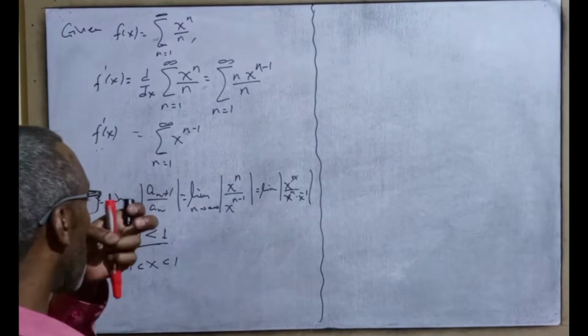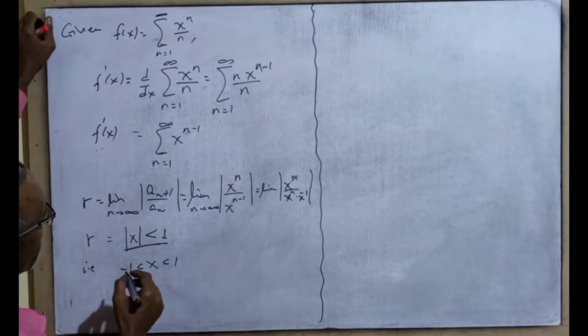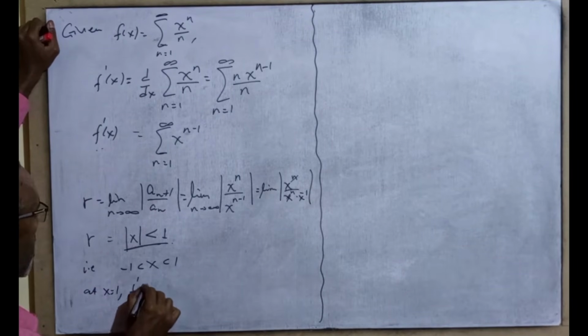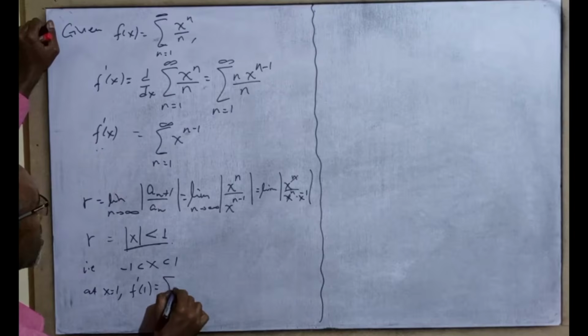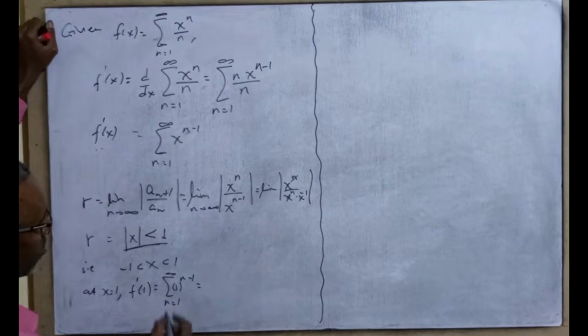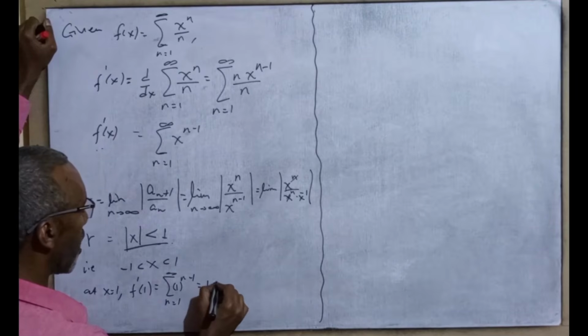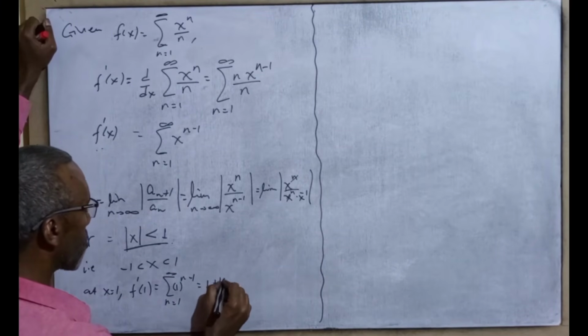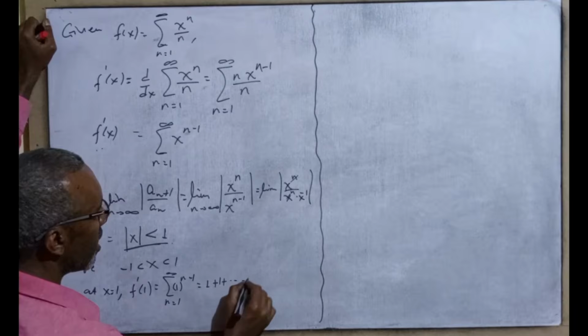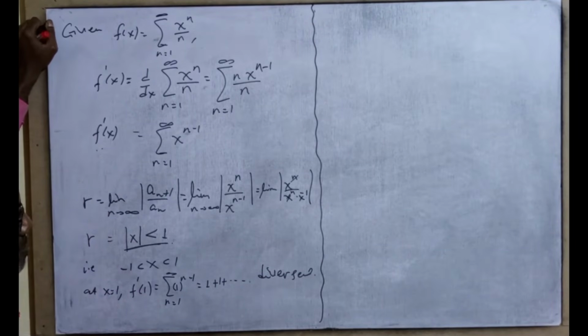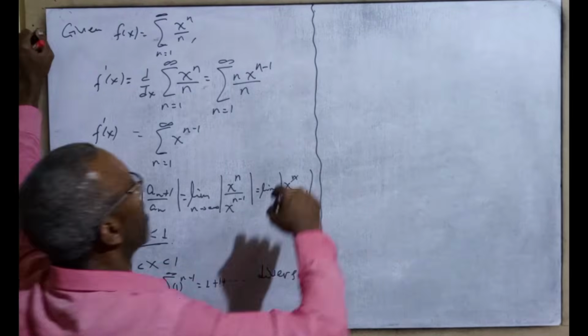At x is equal to 1, checking, f derivative of 1 is the sum of 1 raised to n minus 1, n from 1 up to positive infinity. When n is one, it is 1, when n is two it is 1, when n is three it is 1, and so on. So this is divergent. Why? Because it has no upper bound. At x is equal to